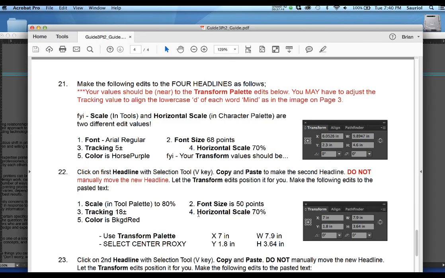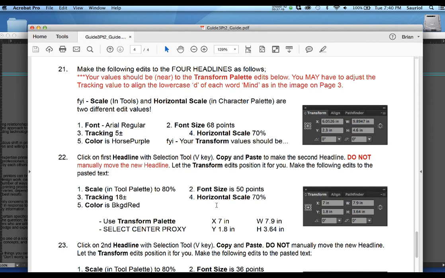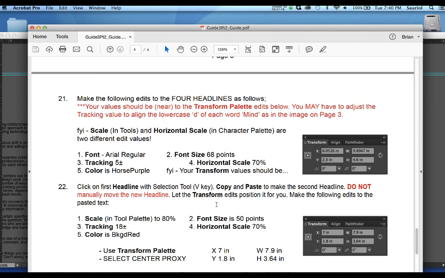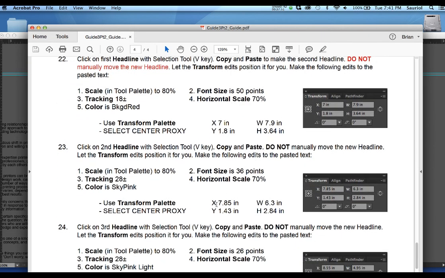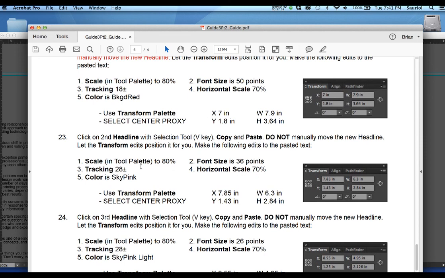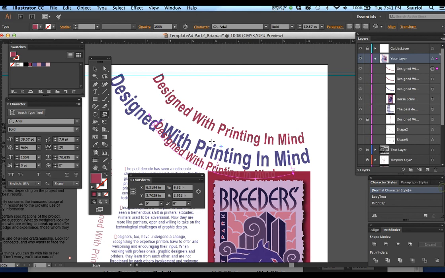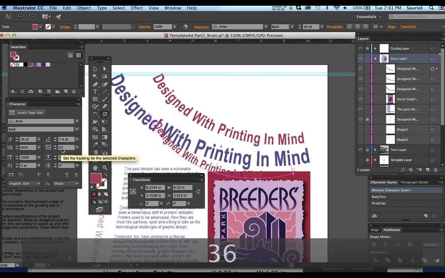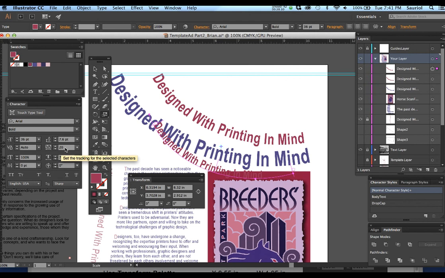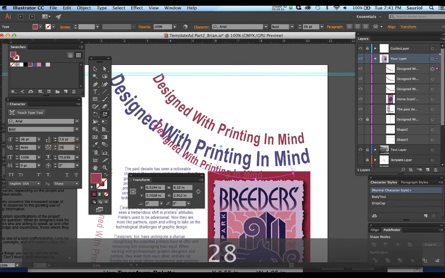Now I go with the third edit, which is right here. So we make it 36 points at 28 on the tracking. So let's take this and make it instantly 36 points with 28 on the tracking, with 70%,